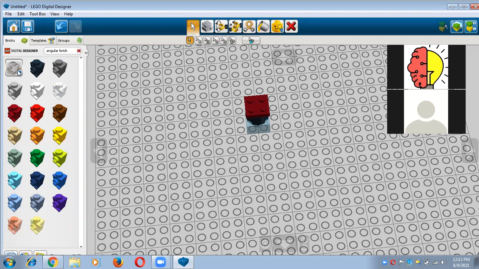You can expand this one and you will receive angular bricks one by one. You can see these are all the angular bricks one by one. So I want to take this color angular brick because I want to take the same color. So I'll just put it here. You can see.